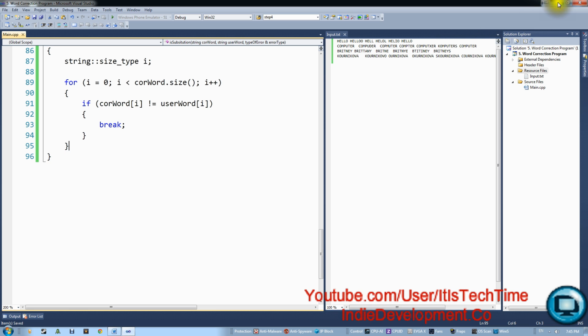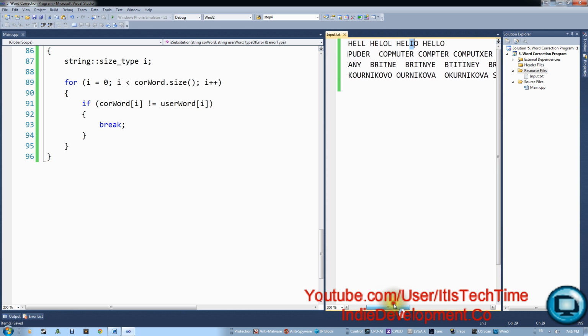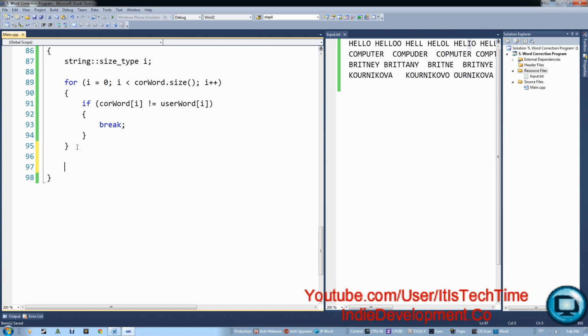So to show you a better example, let's see one of these issues right in here. This one is going to be a substitution. Let me zoom into it to 100. This i right in here, if this one is correct to H, this one is correct to E, this one is correct to L, but this one is an I here and this one is an L here, it means it's wrong, so we get out. When we get out, we do check for the i. So if